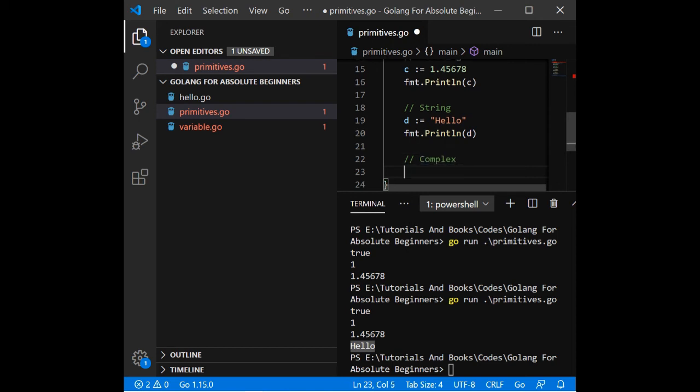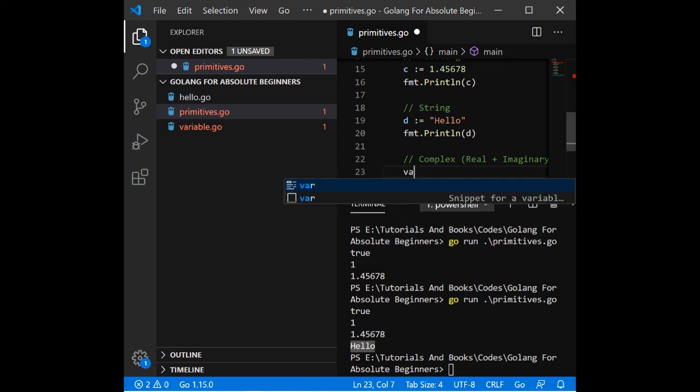Complex type is very easy. You have already learned in mathematics that complex numbers have two parts: real plus imaginary part. So complex type is the combination of real and imaginary part. So let's see how we can create a complex type.